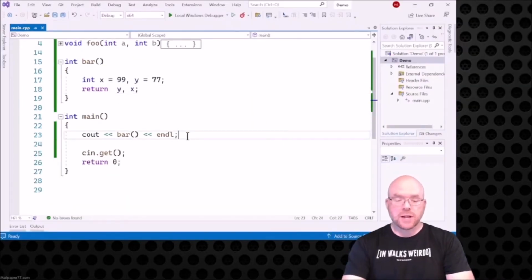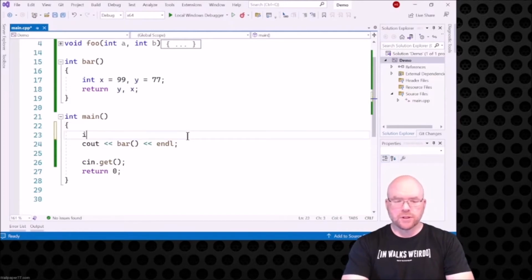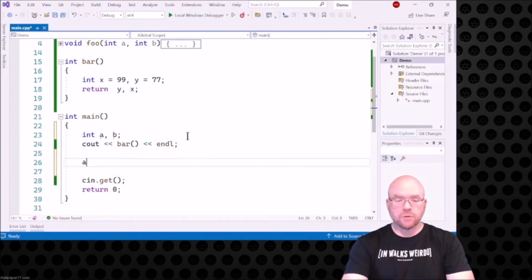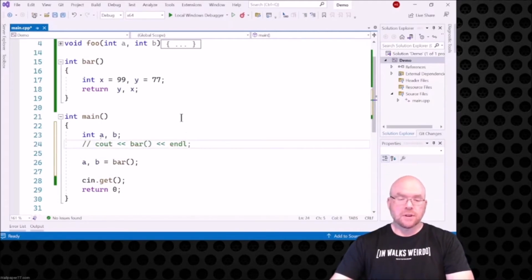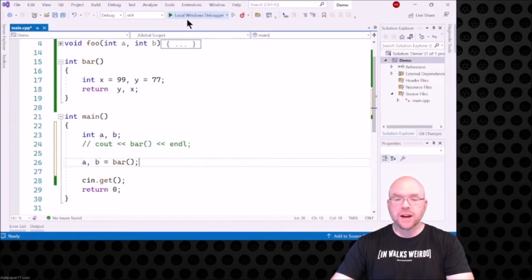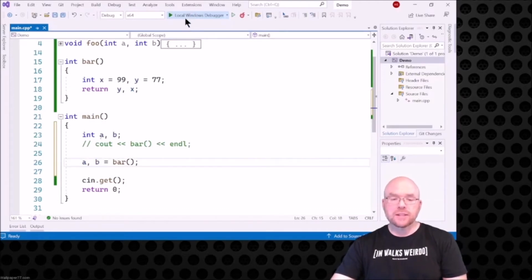Now, you Python guys, you'll be saying, well, you didn't assign it to multiple variables like you can in Python, so that's why it didn't work. You're thinking, well, you should be able to do something like this, right? So that way, the contents of y right here will be assigned to A, and the contents of x will be assigned to B. That's what you're thinking, right? That's a perfectly fine thing to do in Python. In C++,